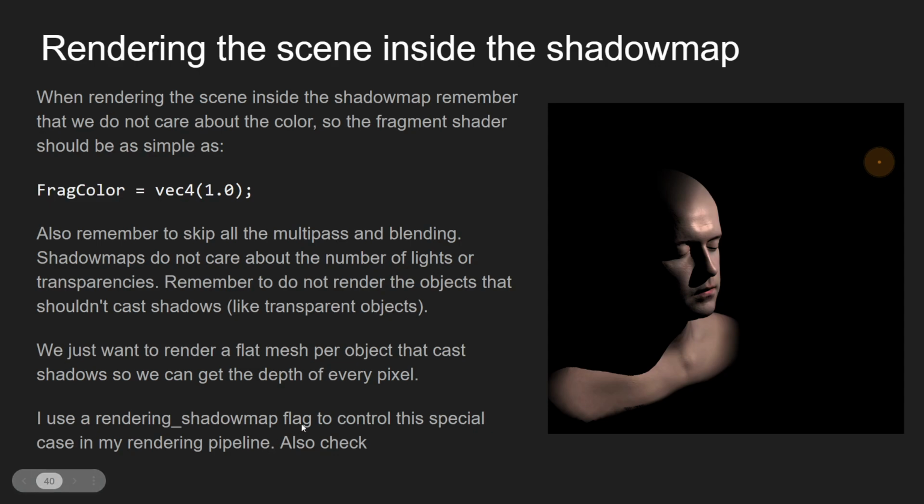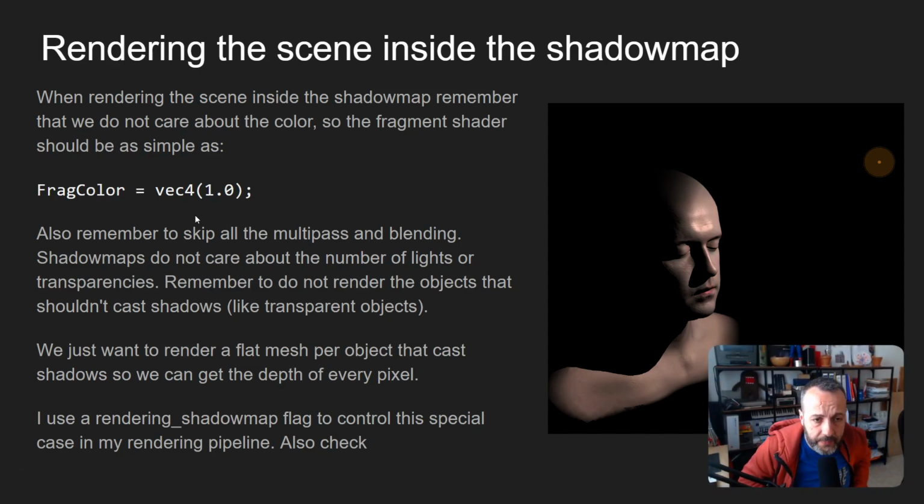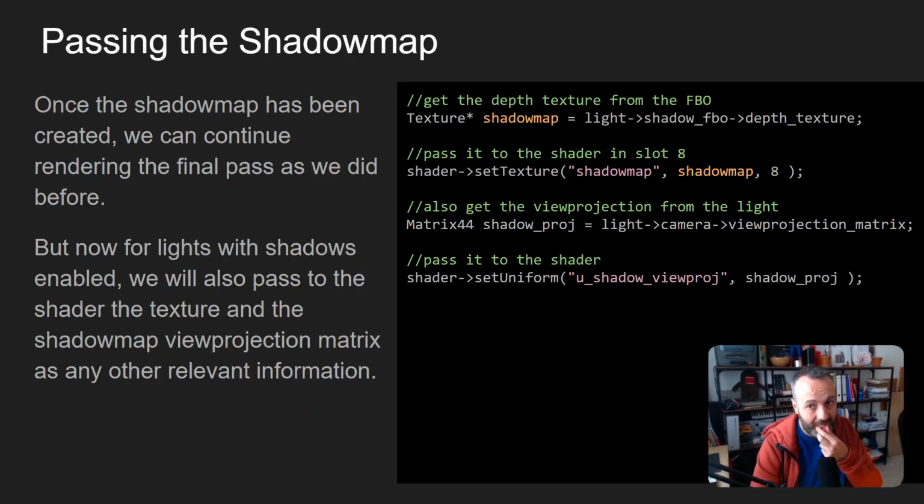Then, as I said, the color shader, the fragment shader, should be something as simple as this. I mean, we don't care about the colors inside the shadow map, unless we were using that trick I said before, where we are storing the colors, or are using the color to store the distances, okay? Which I think is an interesting approach. You get better quality shadow maps, by the way, but for now we don't care. Okay, so